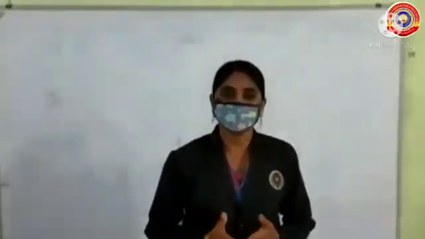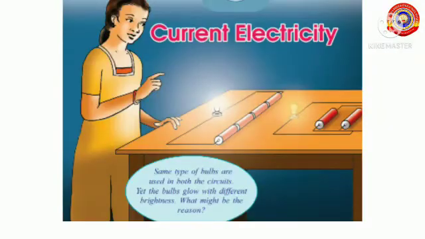Today we are going to start our 6th chapter, Current Electricity. You already learned about static electricity in your 8th standard. So let's start the chapter with this figure. Here you can see a child and a doubt was raised by the child when she was observing an experiment at a science fair. In this figure you can see some difference in the intensity of light from the bulbs in the two circuits. This is due to some peculiarities in current electricity. So let's learn more about current electricity in detail.